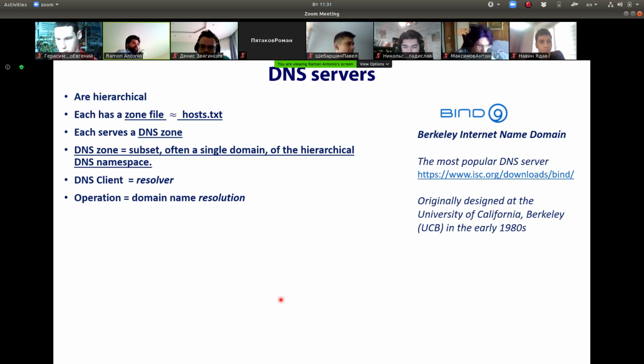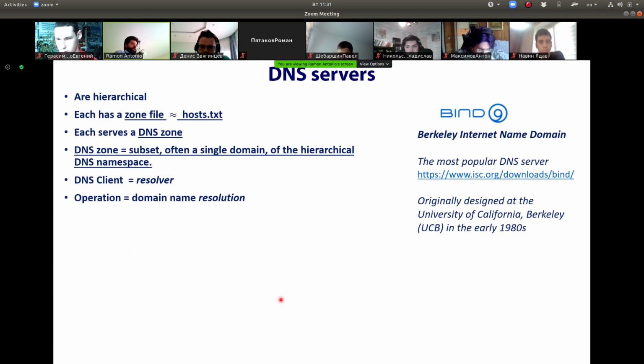The Internet was growing, and those files were not enough to efficiently resolve DNS names. And people invented DNS servers, which are high performance software fully dedicated just to